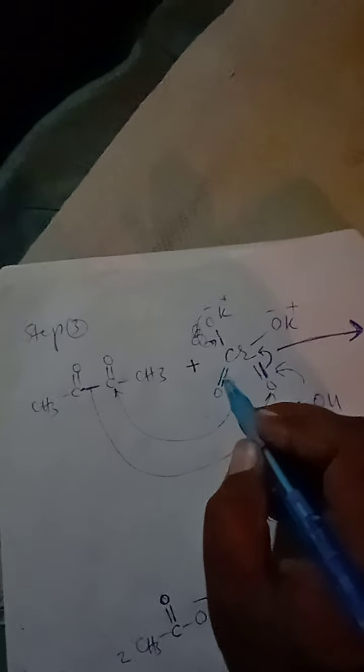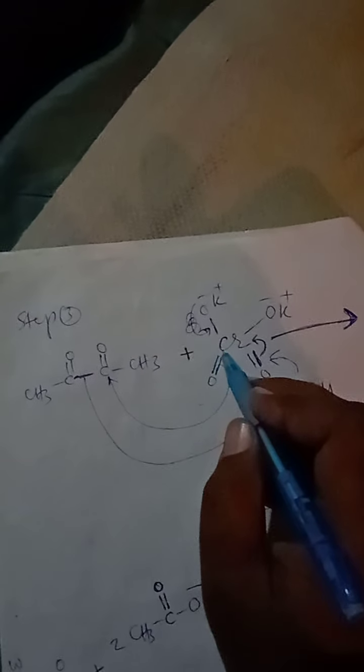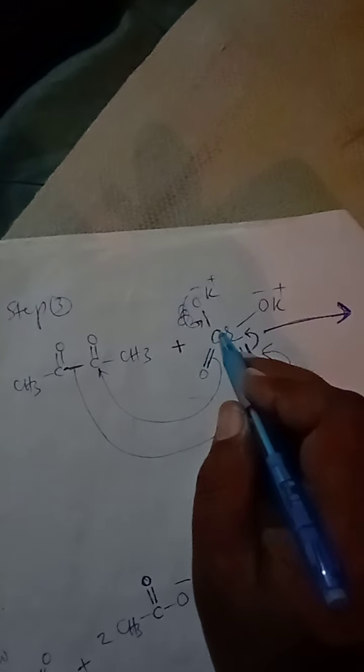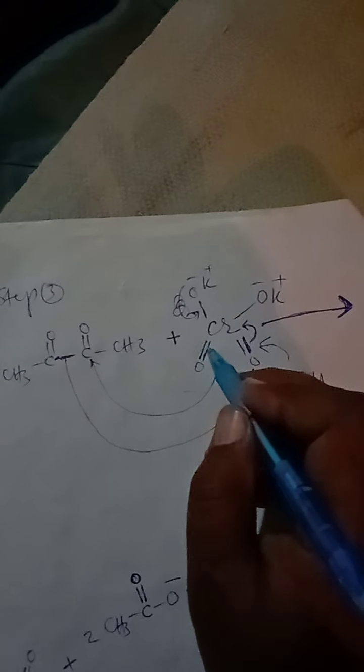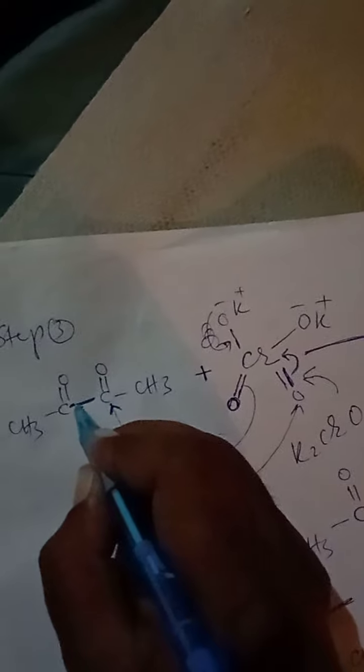The pi electrons of the chromium oxygen double bond shift towards oxygen, due to which the oxygen attacks one of the carbonyl groups, and the carbon